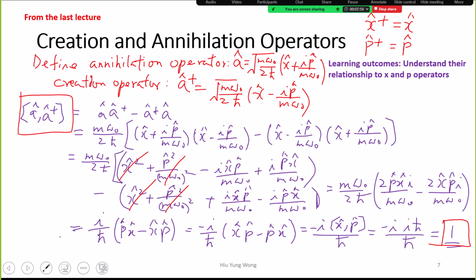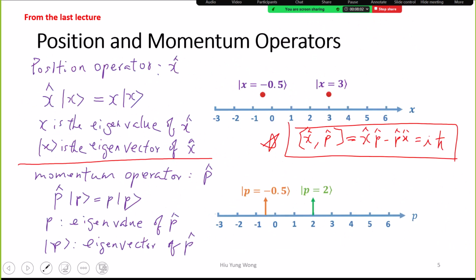So how? First of all, I forgot to mention again, the position operator and the momentum operator are now operators, so they are matrices. Matrices do not necessarily commute with each other, right? A times B is not necessarily equal to B times A. So we have this commutator of x and p, which means xp minus px. If xp equals px, of course this is 0, but indeed it is not. It is i h bar. Although h bar, the reduced Planck constant, is very small,